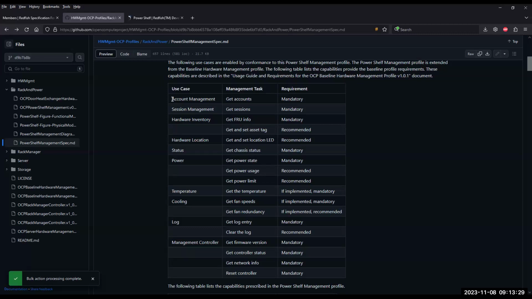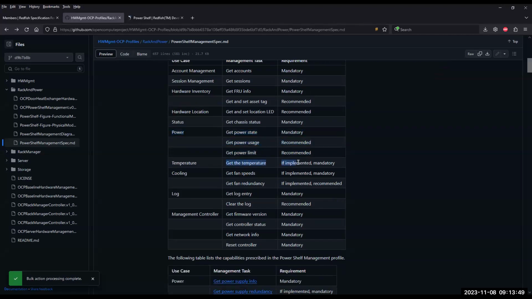But you'll have things like being able to manage your user accounts, manage your active Redfish sessions, get the hardware inventory of the box, get and set your indication LED, get your overall chassis status, get power metrics, temperature information, cooling information, event logs, and anything about the management controller in terms of its firmware information, its network settings, and being able to reset the controller.